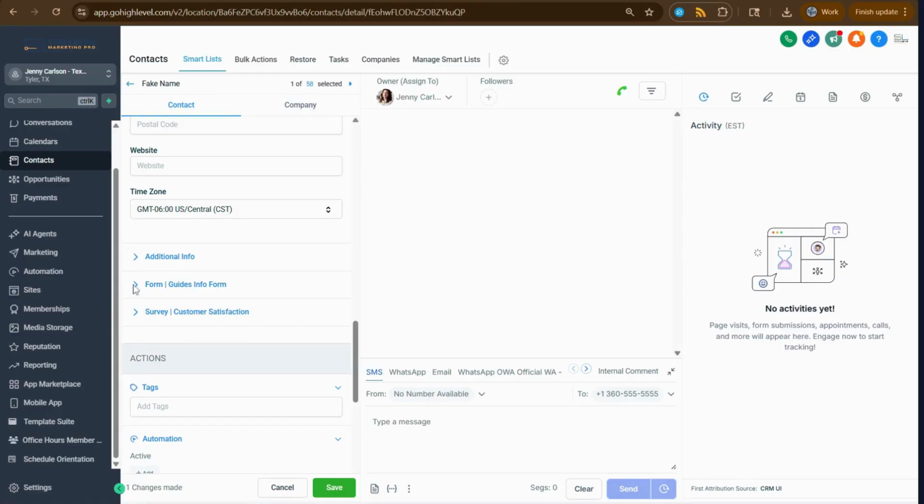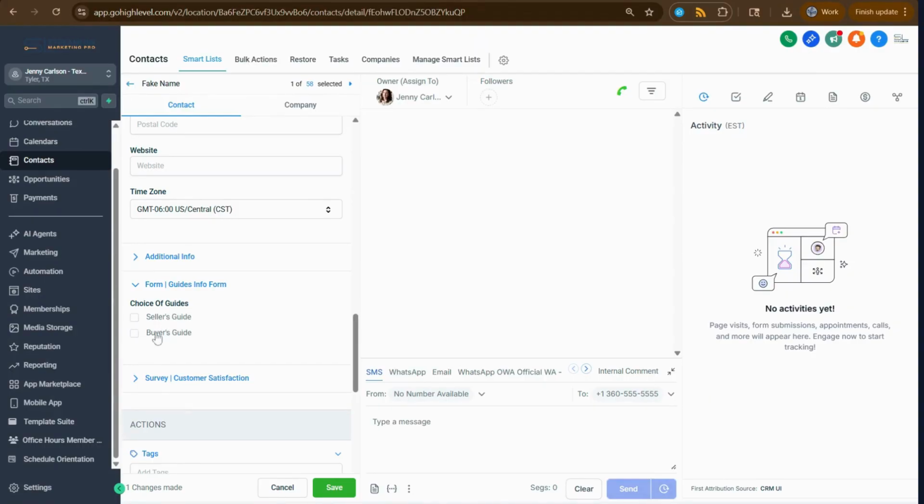These are currently collapsed. These are the additional fields that I was speaking about. So let's just go right here for a second. If you were to choose the form where as lead capture for them to either do a seller's guide or a buyer's guide, then this would, and if they had chosen one, it would be filled in like that. You also have the ability, as you can see, I just check marked that, to complete content information within here